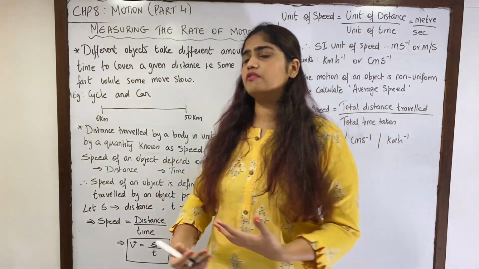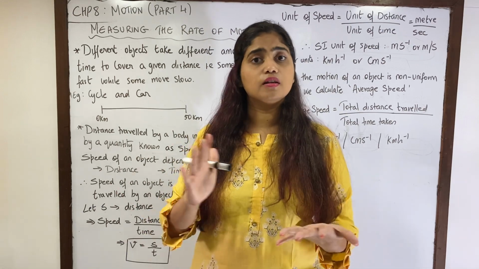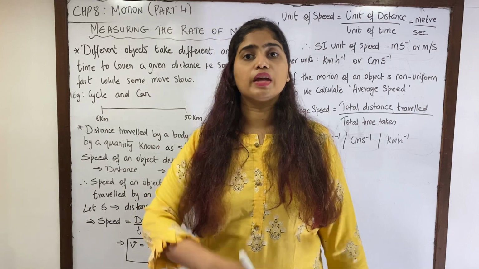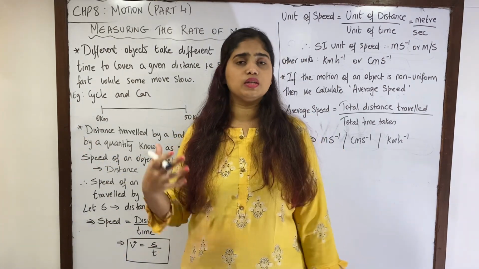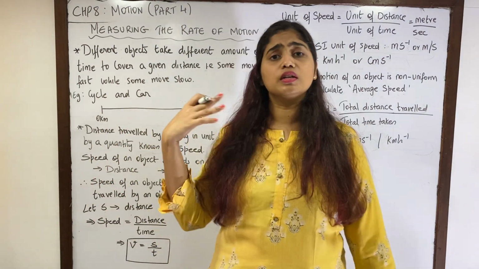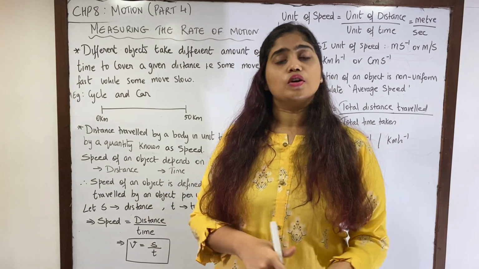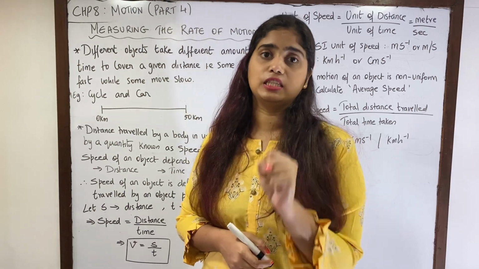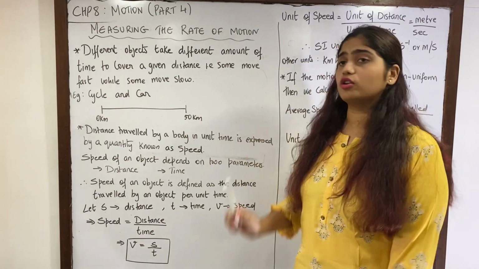Now in our day-to-day life we see so many objects which are in motion, yes or no. Like we'll see a cycle, a car, a bus, a caterpillar which is moving, humans who are walking or running. So there are different objects which are traveling with a different rate of motion. So we need to measure this, yes or no. For that we are given a particular term in physics and that is called speed. Speed is going to help us to measure the rate of motion.